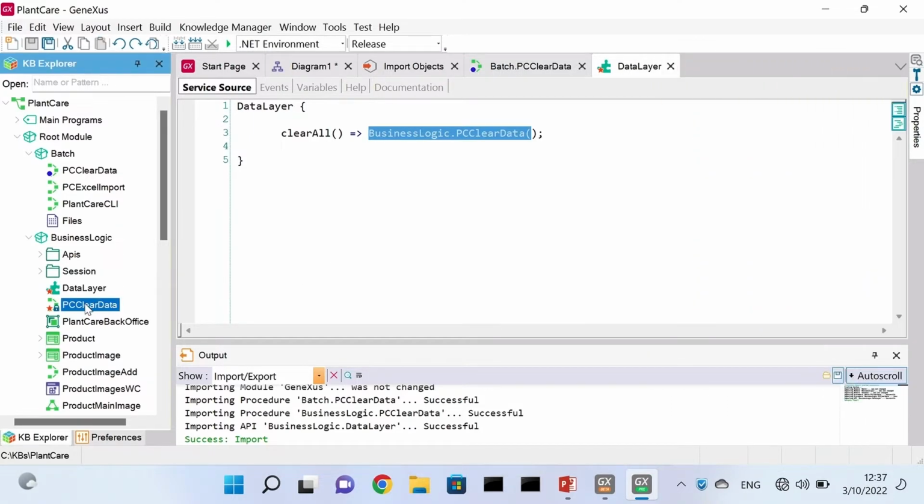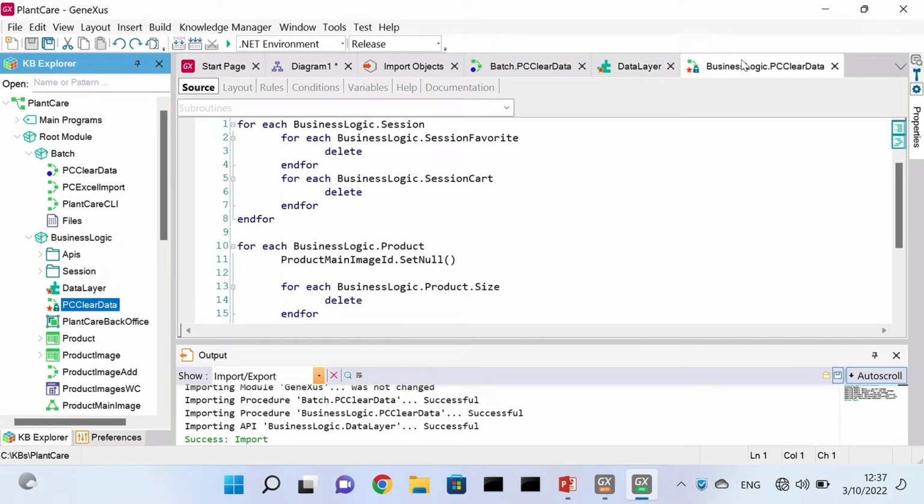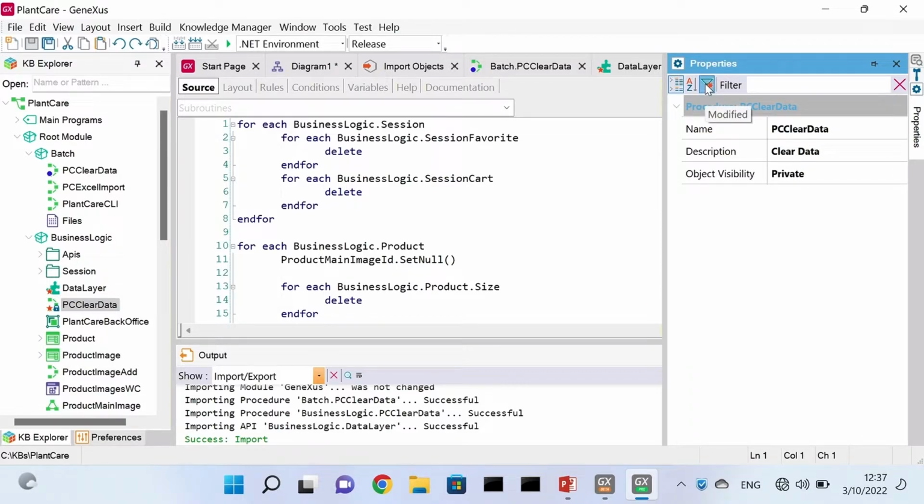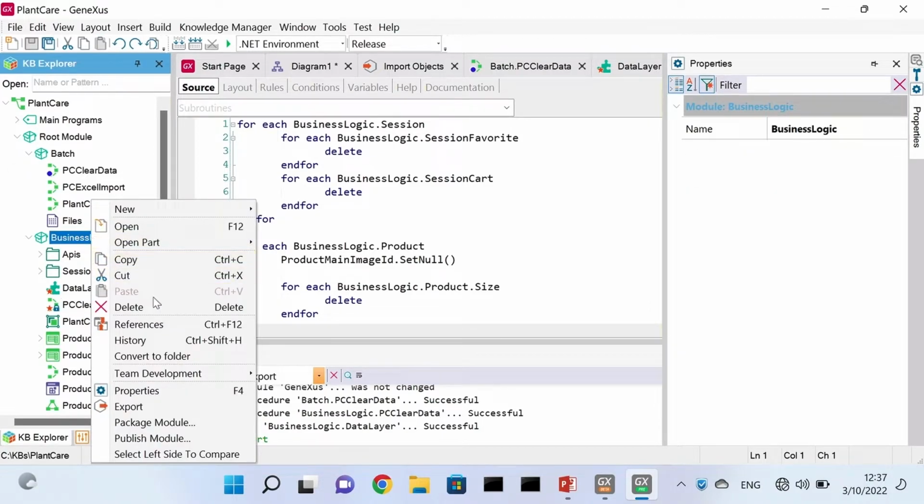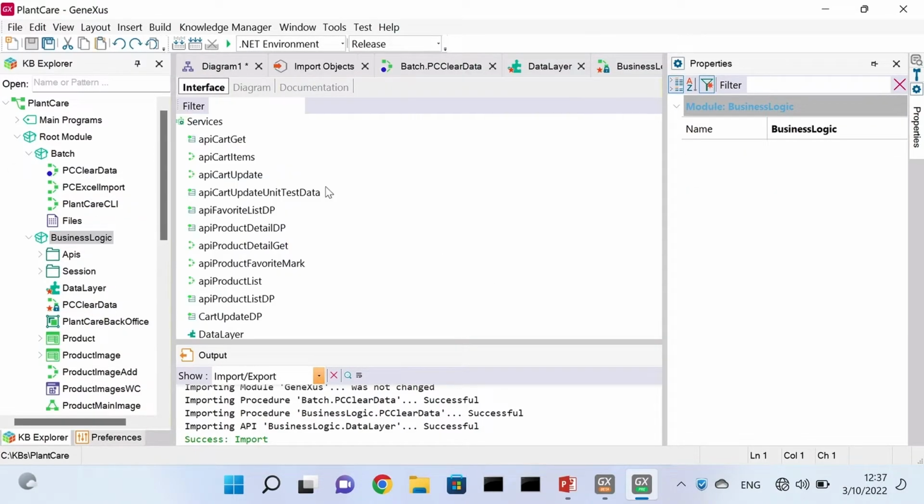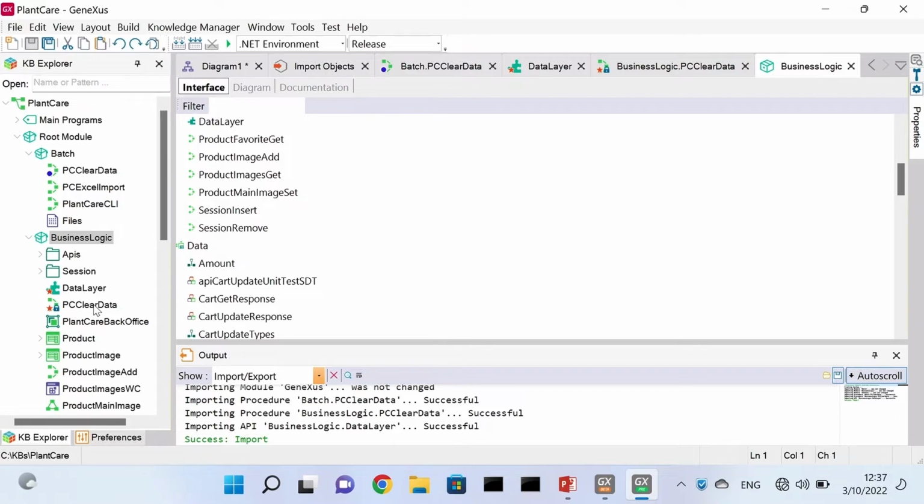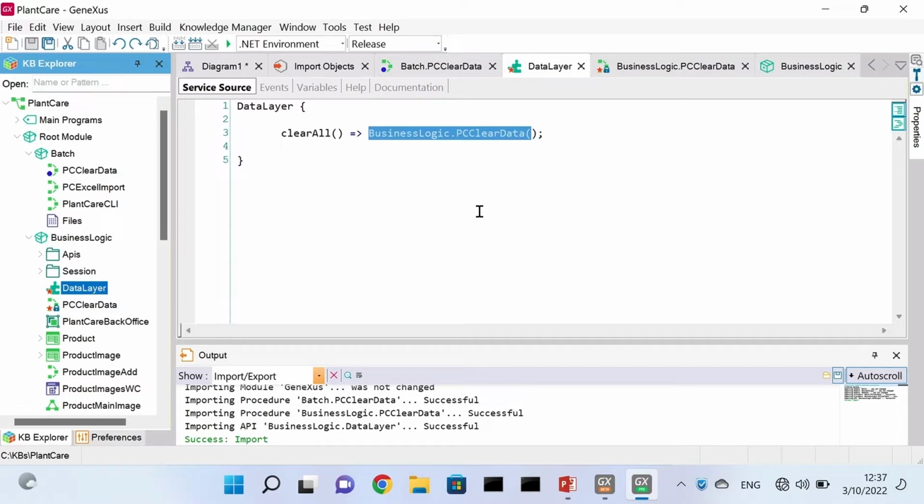And on the other hand, we didn't actually have to configure as a part of the object any additional access. The only specific property is that this PC clear data object is private in the module. It is not a part of the interface. I will not find it as part of the services of the interface. PC clear data is private, and it can only be called from inside the module, which is what is being